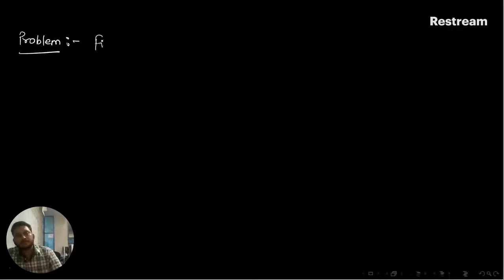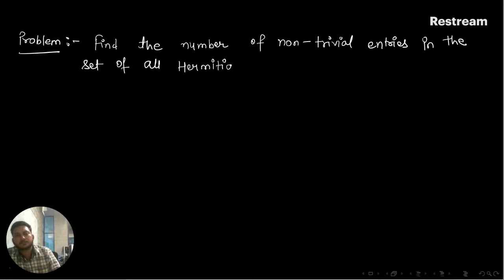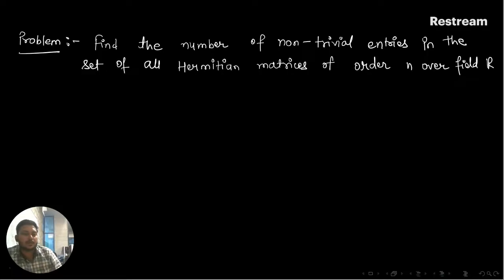Find the number of non-trivial entries in the set of all Hermitian matrices of order n over field R. Okay, and the solution part is